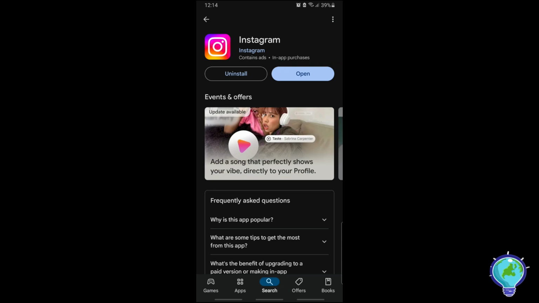And if you want to make sure, you can just tap on the three dots at the top right and enable the auto update. So now for the second solution that you have is just simply open the Instagram app,